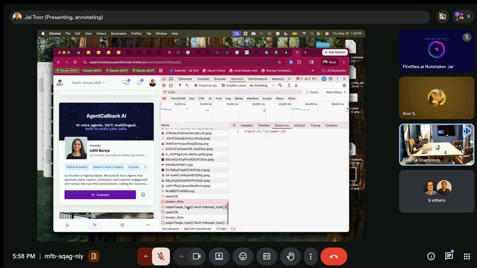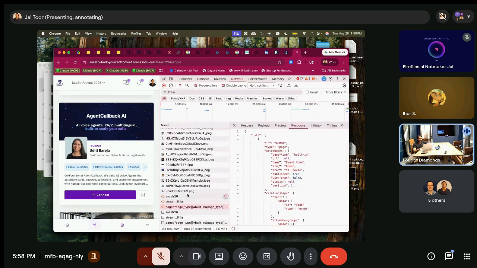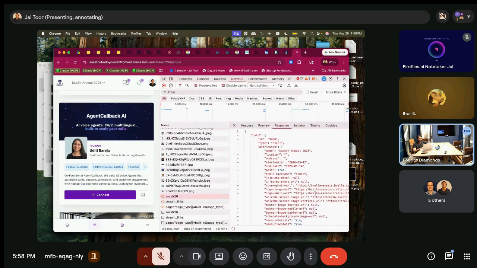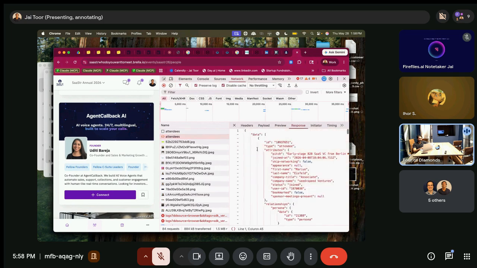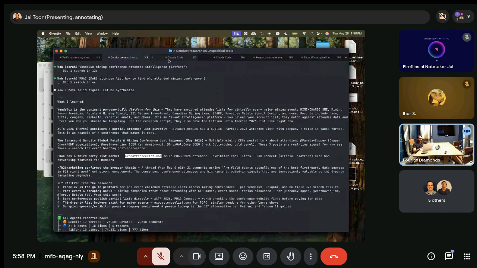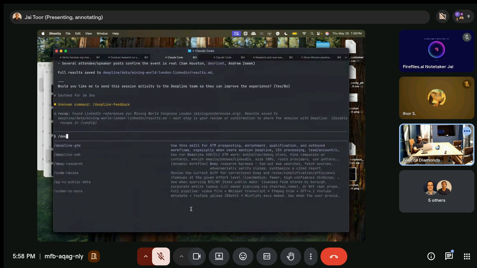To get this, you can go through these network calls and try to find one that has the username. So this is attendee one, and what their attributes are, their name and company. Copy and paste this into Deepline or whatever.